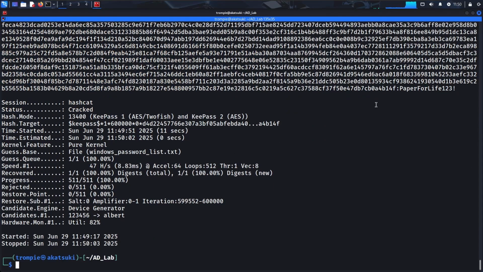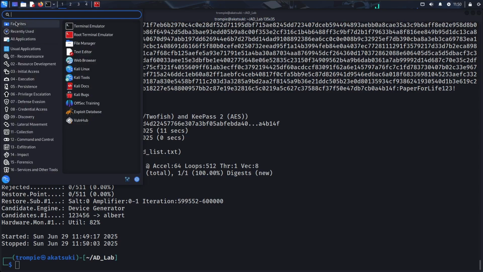It took longer than I thought, right? So it's cracked the hash, and it's told us here as well to KeePass 1 hash, and we've got a password, paper for life 123 exclamation, as we saw on that screenshot that we received from the victim machine. So what we can do with this now is